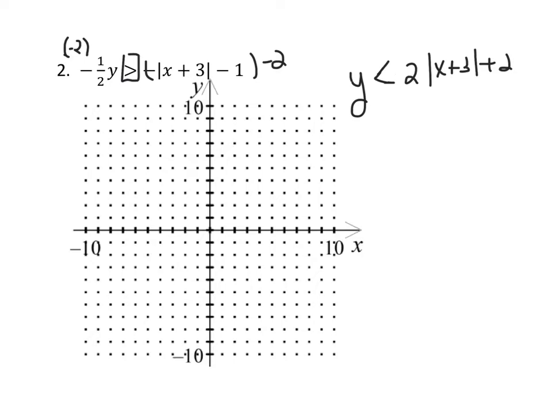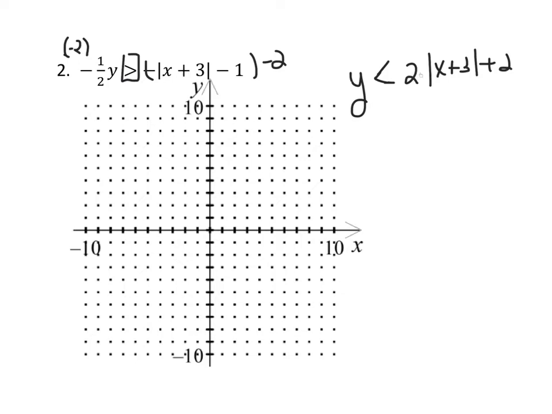We don't do anything to this absolute value because we can't multiply anything in between these bars. So this absolute value expression needs to be left alone. You cannot multiply through it. You can't touch it. Just leave it the way it is. And then the last thing we're going to do is multiply this -1 by -2, and we get +2. So we end up with the inequality y is less than 2 times the absolute value of x plus 3